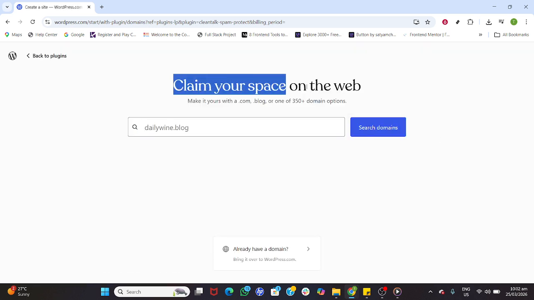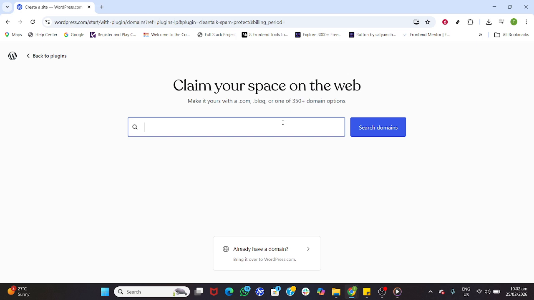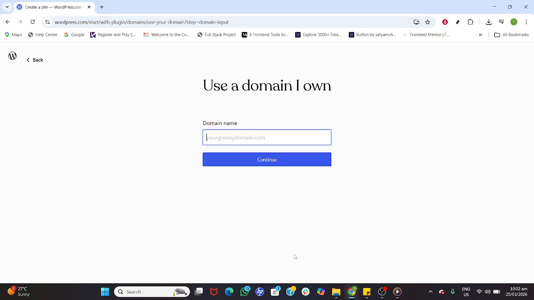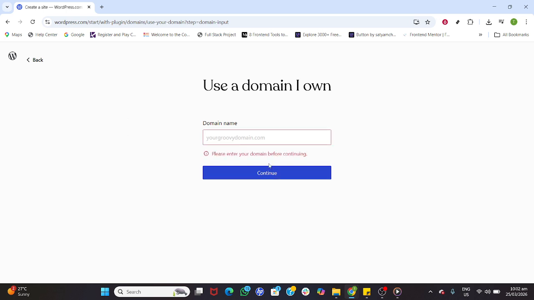WordPress.com will walk you through connecting the plugin to a site. You'll land on a domain step. If you're creating a brand new site for testing, you can search for an available domain. If your website already has a domain, choose the option that says you already have one. Enter your existing domain carefully, then continue. WordPress.com will pair the plugin setup with that domain and guide you through the remaining on-screen prompts until the installation